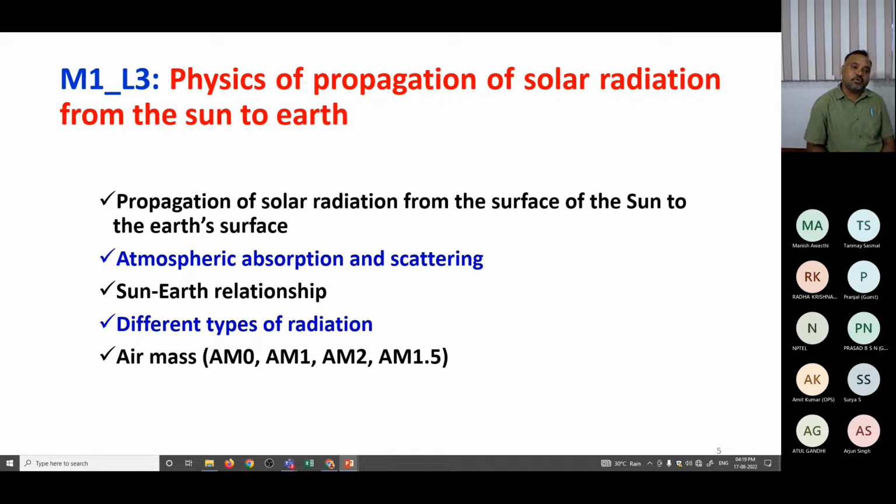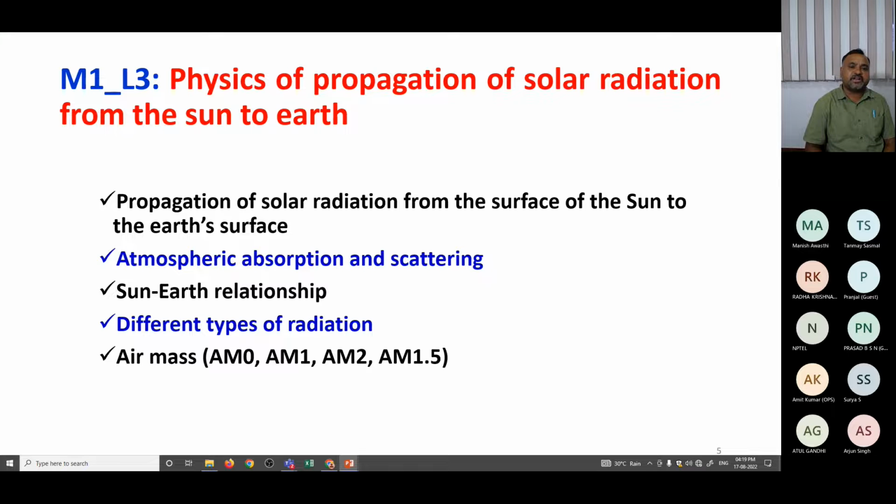In lecture 3 of module 1, we have learned the physics of propagation of solar radiation from sun to the Earth's surface. So how solar radiation is propagated. For example, if solar radiation comes and strikes the Earth's surface, then how does this solar radiation bounce back to the Earth atmosphere? And what happens when solar radiation travels through the Earth atmosphere? All the phenomena were elaborated and atmospheric absorption and scatterings were discussed. Sun-Earth relationships were